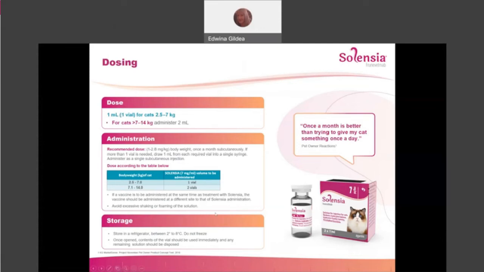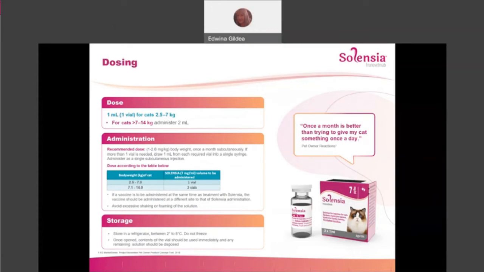It's also important to recognize how to handle the product. It is an antibody, so therefore managing it like you probably would an insulin. So avoid excessive shaking or foaming of the solution. If you do want to administer other medications, for example, in this case, a vaccine, you can actually administer at the same time as Silencia, but it's actually recommended to administer at a different site